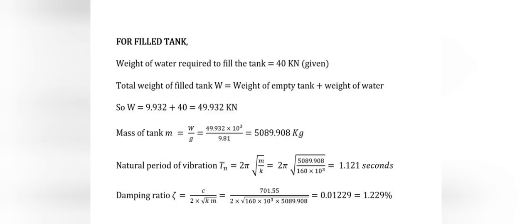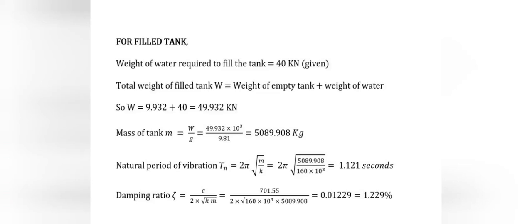We come now to the calculation for the filled tank. The weight of water required to fill the tank is given to us in the question as 40 kilonewton. So the total weight of the filled tank, capital W, will be equal to the weight of the empty tank, which we have already calculated, plus the weight of water, which is given to us in the question. This weight of the filled tank will be 9.932 plus 40, which will be equal to 49.932 kilonewton. The mass of the tank small m will be capital W divided by gravitational acceleration, equal to 49.932 into 10 raised to power 3 divided by 9.81, which gives us